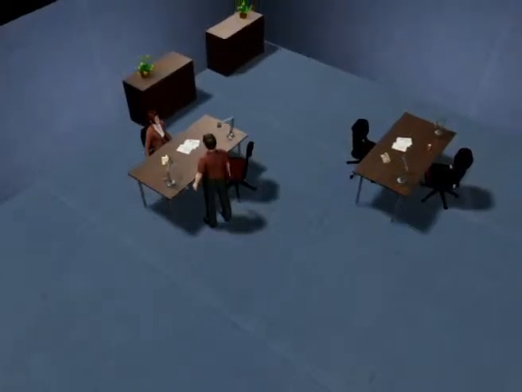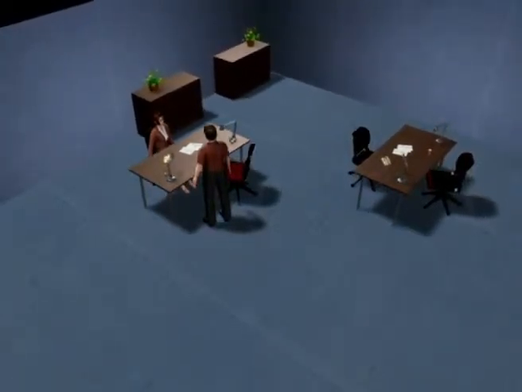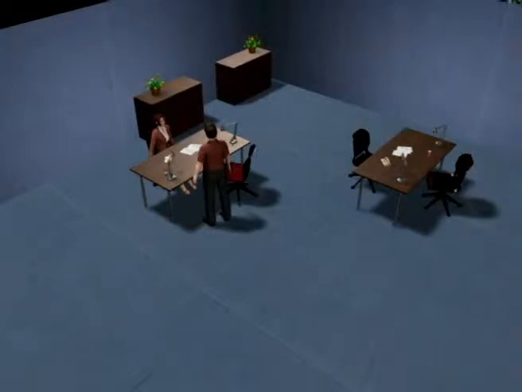A third freedom to change the timing of movement comes from avoiding visual references. The first way to do that is to frame cameras so we can't see the area being traveled. Here the man walks from this desk to this desk, so we'll place two cameras both shooting from the side.